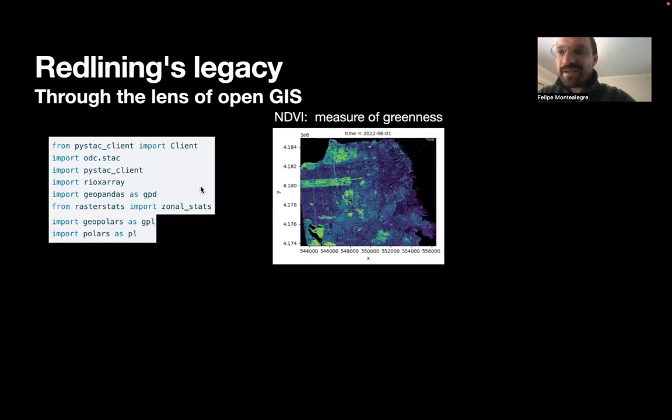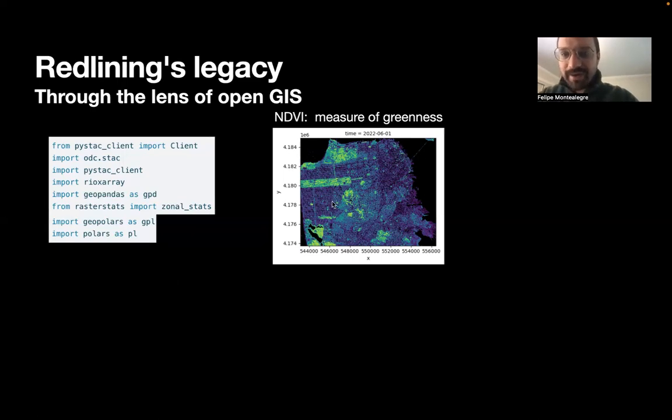From the satellite images, we compute an NDVI, which is a measure of greenness. The goal is to show that access to green space is highly associated with the grade, the HOLC grade, the redlining grade.